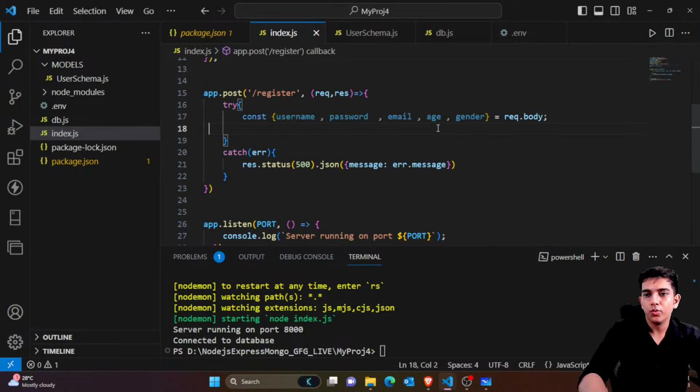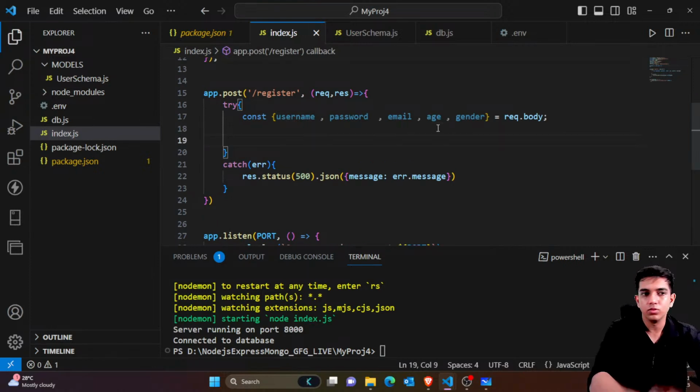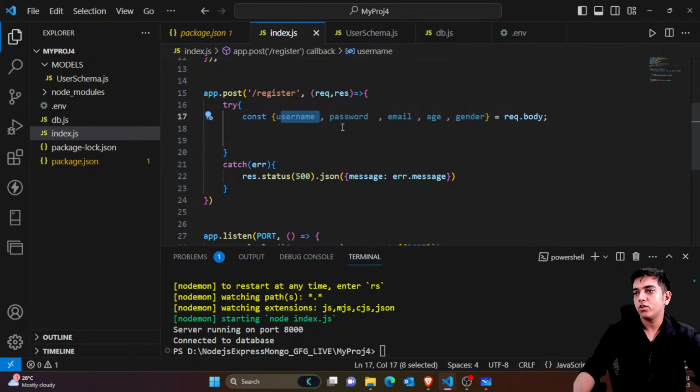So what we would actually do is simply register the user. For registering the user, first of all, it would check that the username is unique or not. Similarly, whether the password is there or not, email is unique or not, age is there or not, gender is there or not. It's like that. Now we have created this. So we would register the user. For that, what we can do is